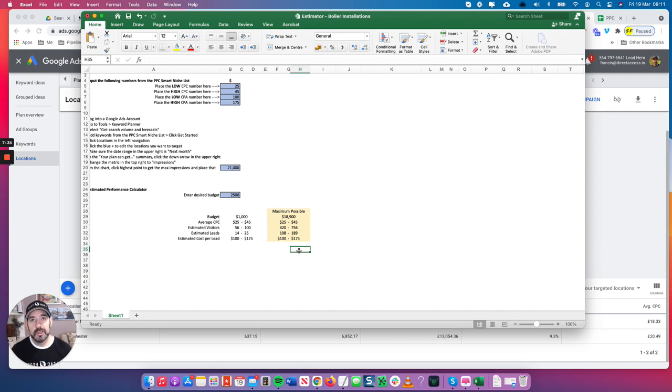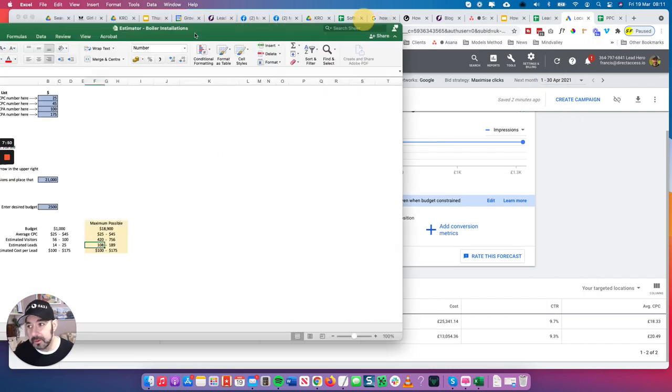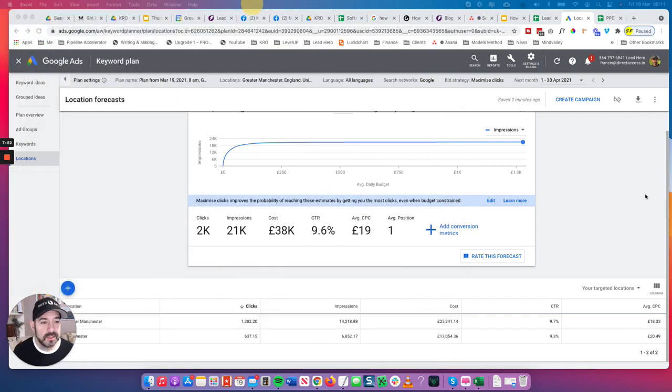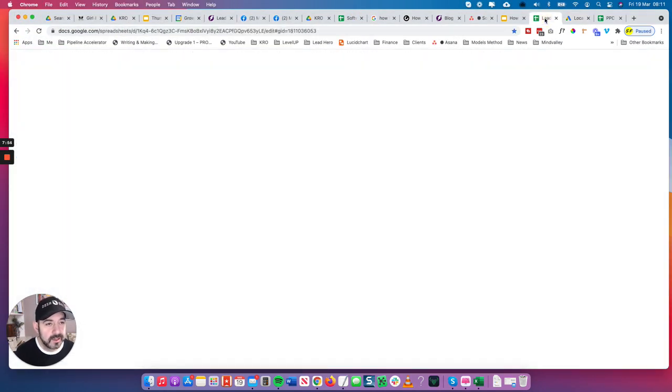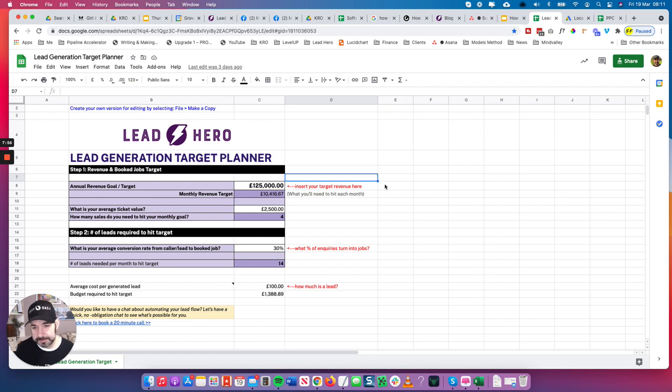And what I'm trying to show you is that there is a possibility also of spending too much. But in Manchester, actually, you really have to spend a lot. And if you did have the budget, you could actually get something like 100 leads a month if you were in Manchester. And so actually, I have a little calculator that we use for planning this type of thing. It's not 100% accurate, but it can give you an idea.